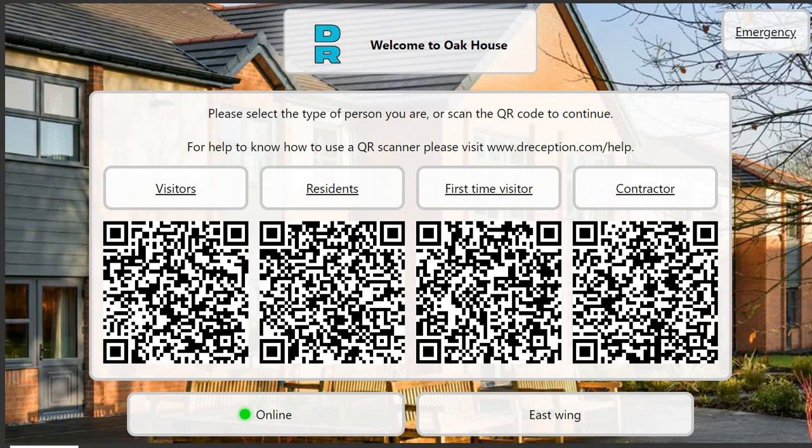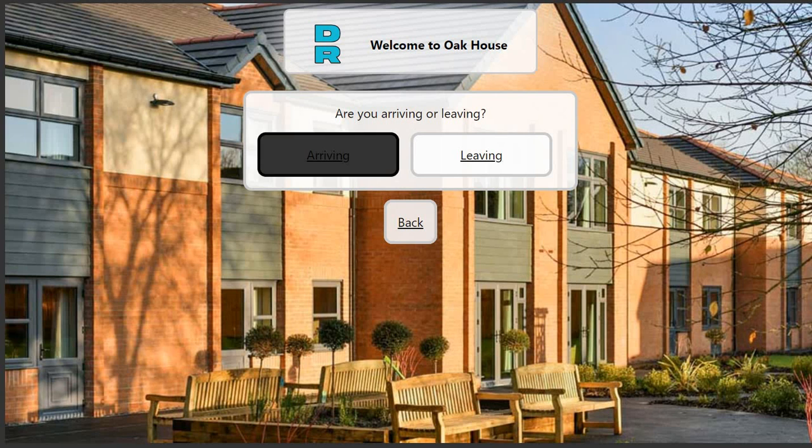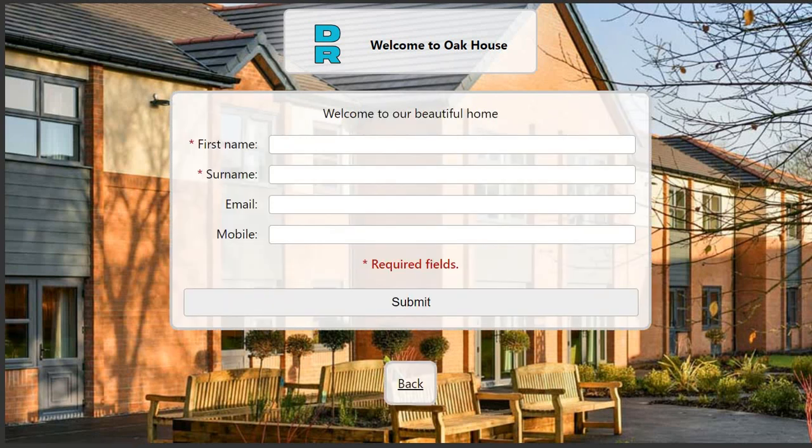We can also customize the sign in and out experience for your visitors. For example, when a contractor signs in, we may need different information from what we need if a resident or a first-time visitor was signing in. Today we're going to sign in as a visitor, confirm we're arriving in the home, and then fill in our personal details. You can request that certain fields are required, and how much information someone fills in is completely up to you. Once we submit our form,